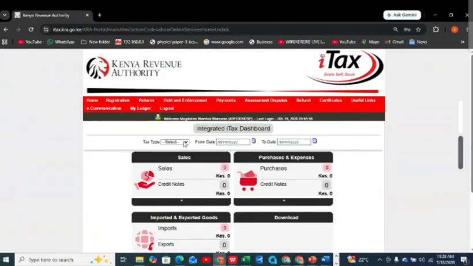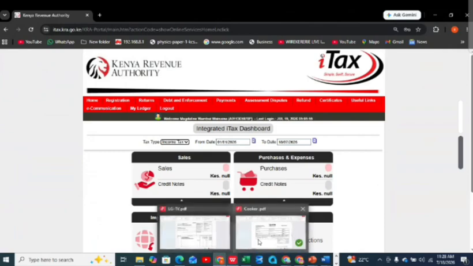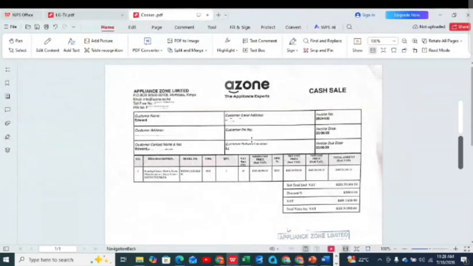So you just come here, you choose income tax, you choose the year, and you filter by the period, because here you can filter different periods. The purchases will be appearing here. In case you issued a credit note, they will be appearing here. So this is the scenario of invoice 2, which contains